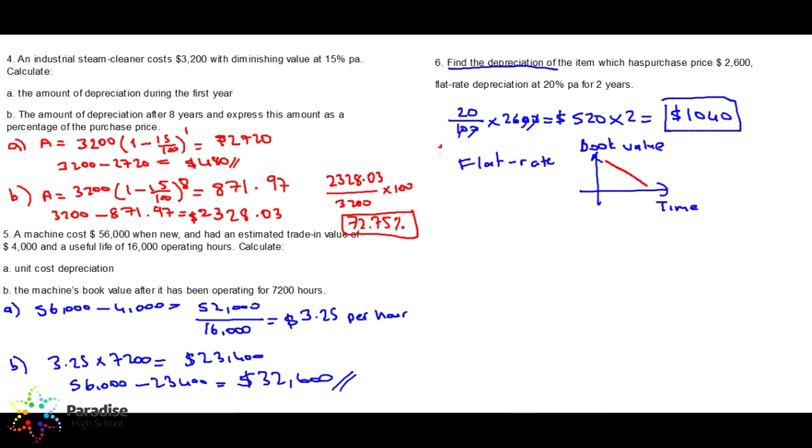And for reducing balance depreciation, if we say that this is time, and this is book value, so what will be the graph? The graph will be something like this. Opposite of